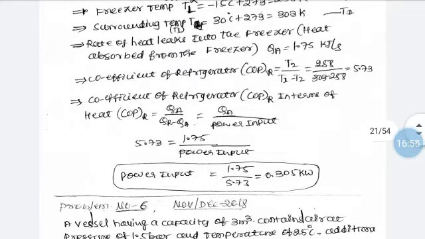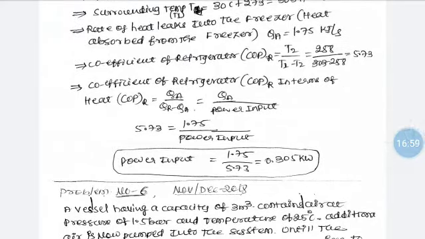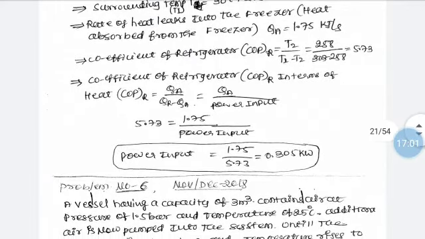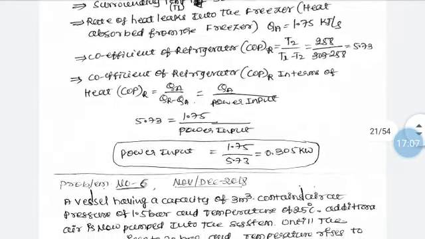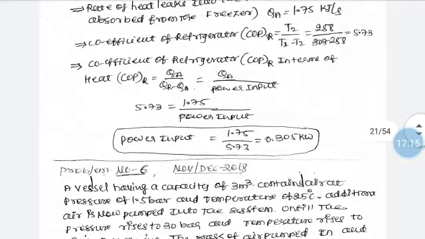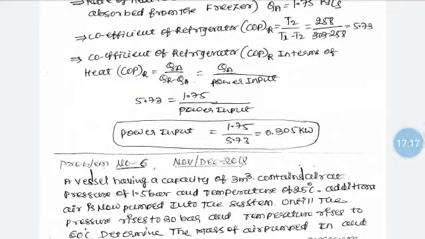We know QA, and QR minus QA is the power input. The coefficient of refrigerator is 5.73 and the heat absorbed in the freezer is 1.75, but we don't have the power input. So if we solve for power input, we get 1.75 divided by 5.73,